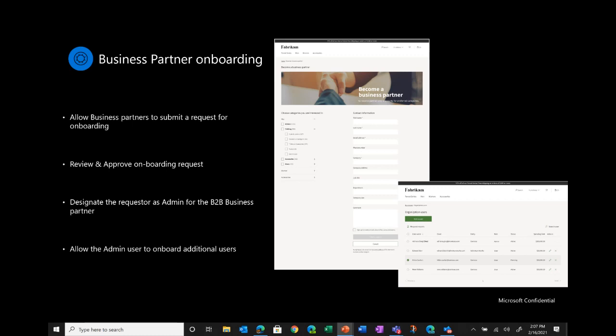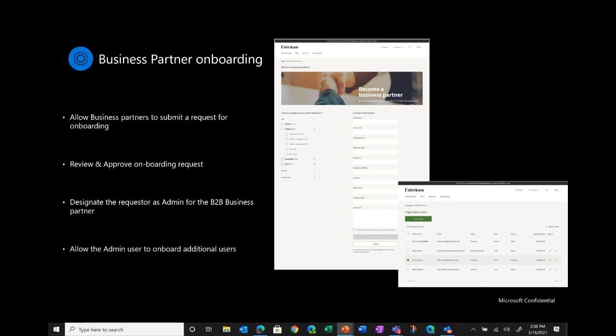like to onboard. And if they decide to approve that business partner, it would create the customer records in the system. It would create the customer hierarchy in the system. And then an email will also be triggered to the requester saying that you and your organization have been successfully onboarded as a business partner. You can use your email to actually log into the B2B e-commerce website and then start transacting. So that's the entire flow around onboarding a business partner.